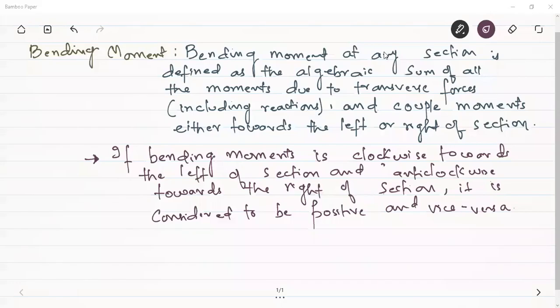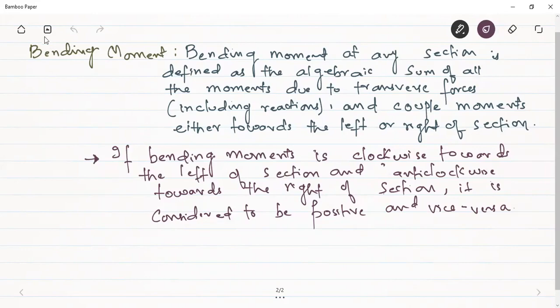So yesterday we had introduced the concept of shear force. We had seen that on account of the external forces, there is an internal resistance in the beam member, which will create the shear force. But there is also the tendency of the external forces to cause moment about any point. We had seen yesterday that that moment also has to be resisted for the beam member to be in equilibrium, and that resistance to the moment will be known as the bending moment.